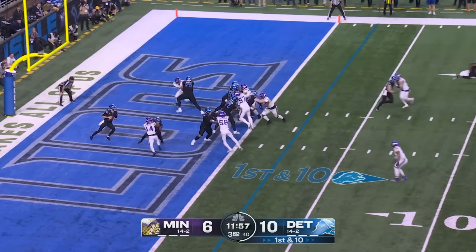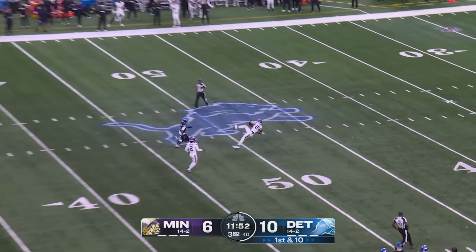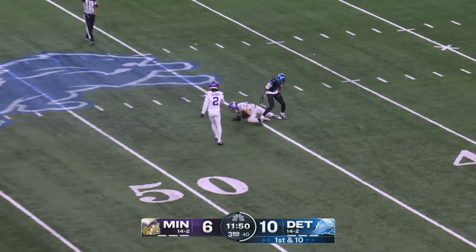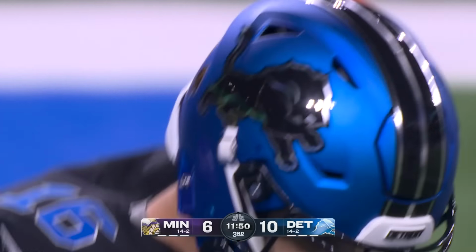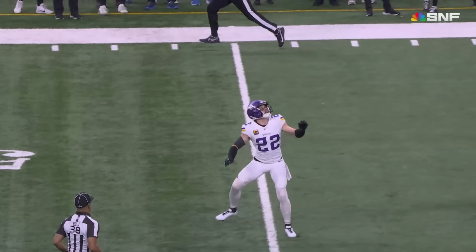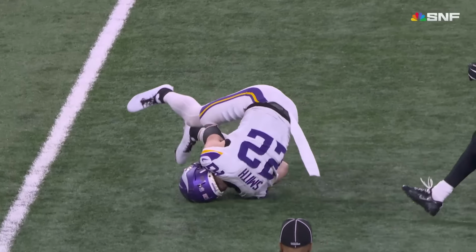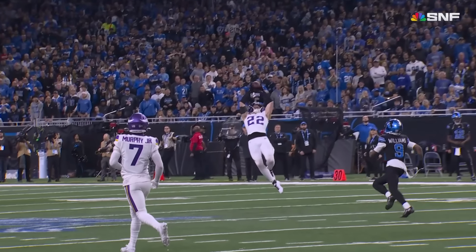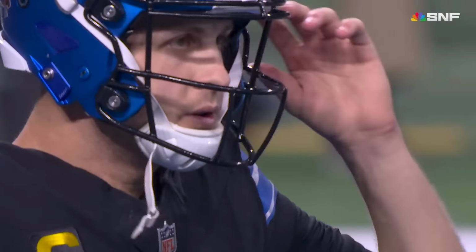And thus, they trail. Goff in his own end zone. Deep shot downfield. His coverage down there is intercepted by Harrison Smith. So Smith kept drifting back. The deep ball for Jameson Williams. This is just a launched ball down the field because you're going to try and take a shot with your speedster. But Jameson Williams either lost the ball or slowed down. He wasn't even in contention for that ball, and